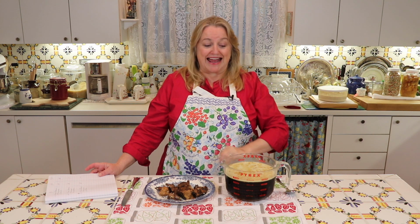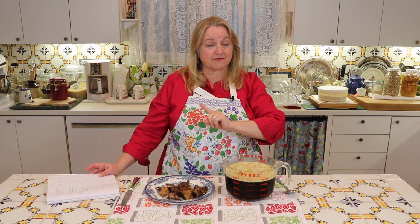Something I want to mention, because you're going to notice this is very dark: I did rebrown the meaty bones, the oxtails, the shanks, the neck bones, whatever had meat on them. I did rebrown them before I made each batch. And I also did something I don't normally do with my first batch. I did put in fresh vegetables with each batch. I did brown the vegetables for the second batches and the third batches and this fourth batch in the oven along with the meat, so that that would help bring some color and flavor to future batches of bone broth,